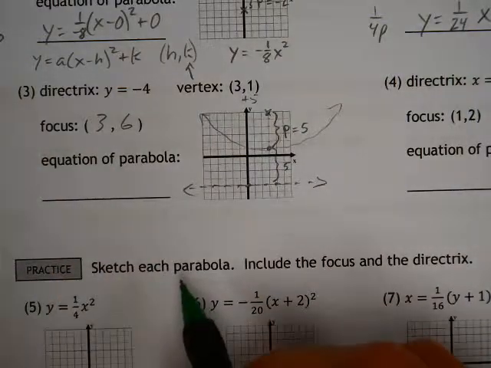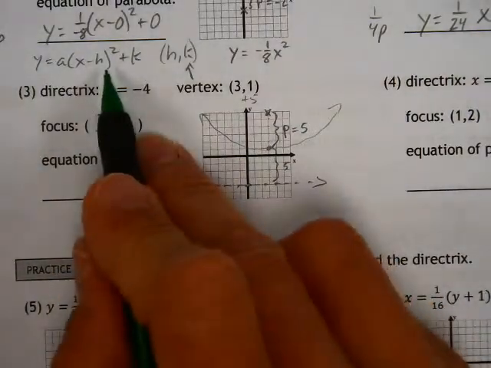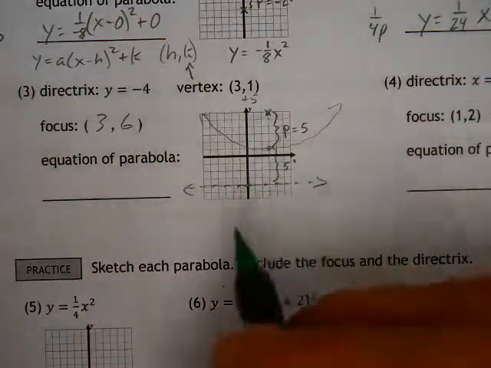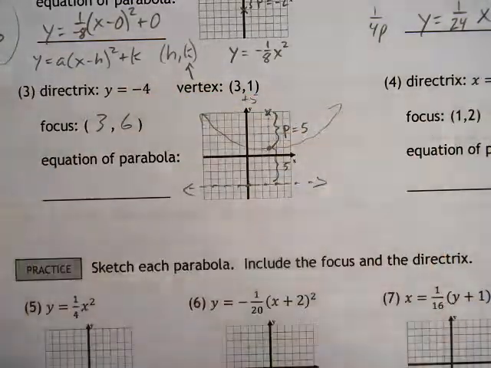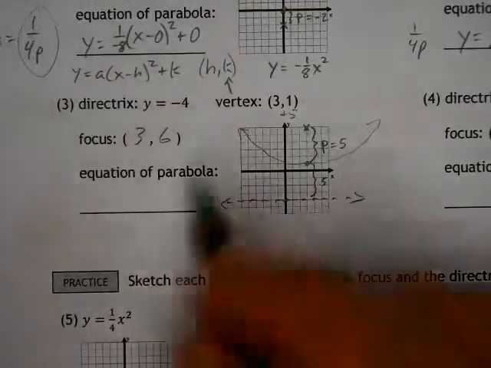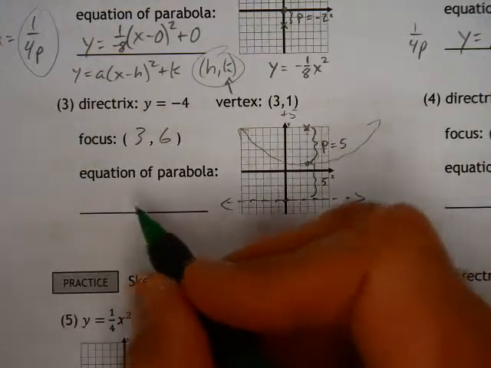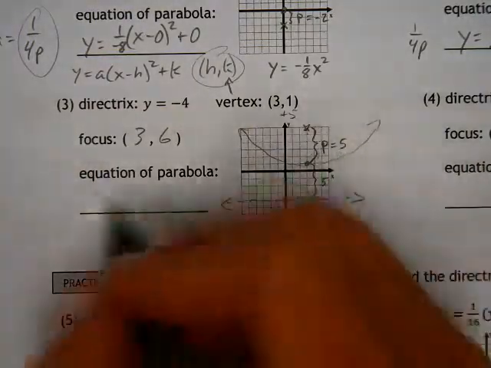That's our focus. The equation, as we refer to this guy right here, is made up of two basic parts. It's the a value that we can calculate here and there, and our vertex, which is given. Okay, so our a value is 1 over 4p, and if I know that p is 5,